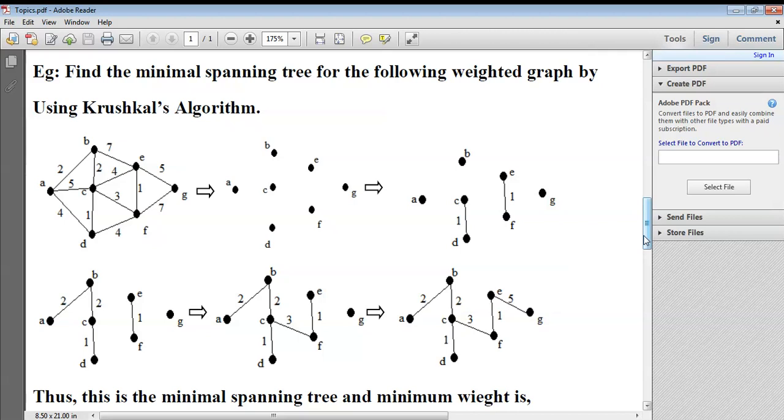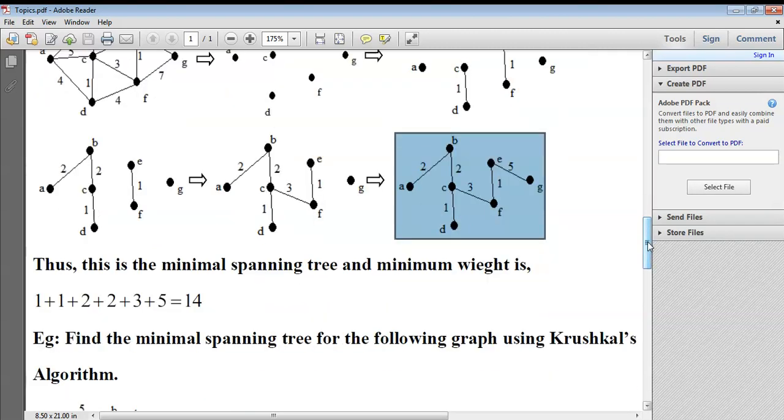It does not have any cycles, and also it must be connected. In the graph you can see that every pair of vertices are connected, and the minimum weight of the edges is 1 plus 1 plus 2 plus 2 plus 3 plus 5, and it is 14. Okay, now